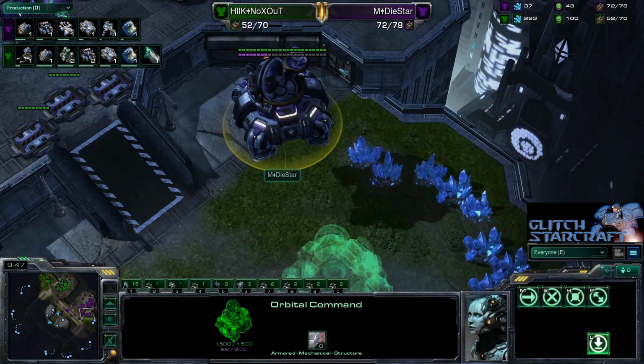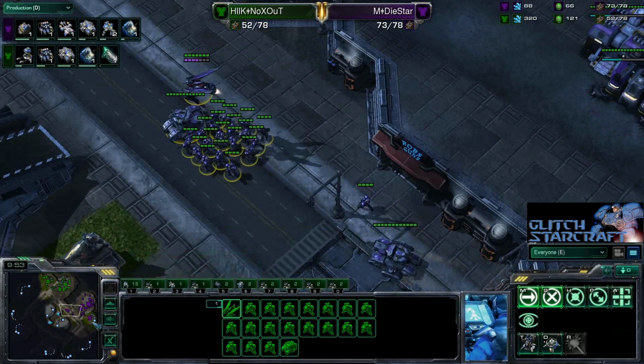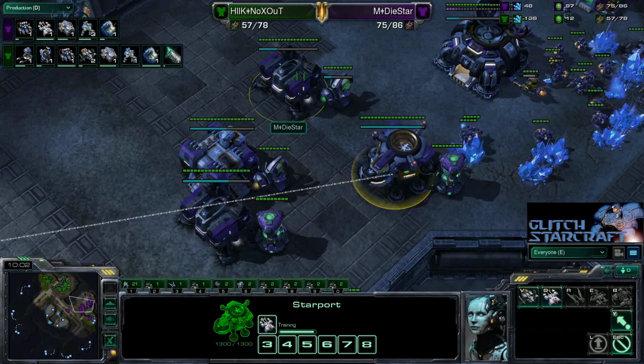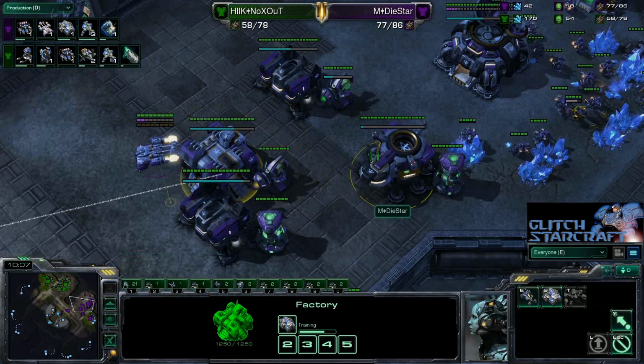You want to defend this expansion, you want to get this expansion up and running, so you're going to move out and you're going to be aggressive while you take expansions. Really like that from DieStar. Super simple, super clean. Now just going to be operating 2 base on 2 barracks, 1 factory producing siege tanks,